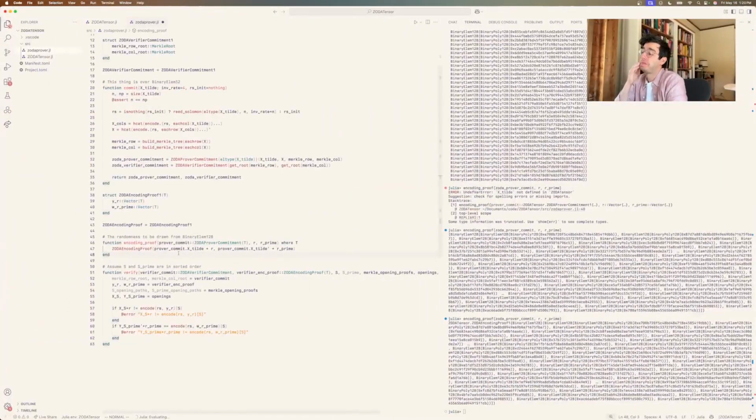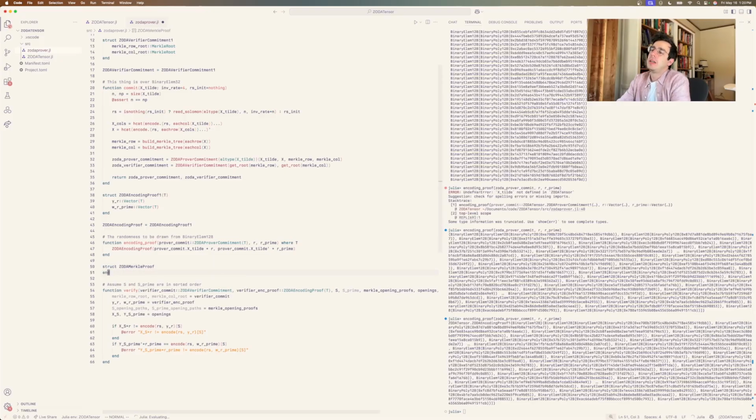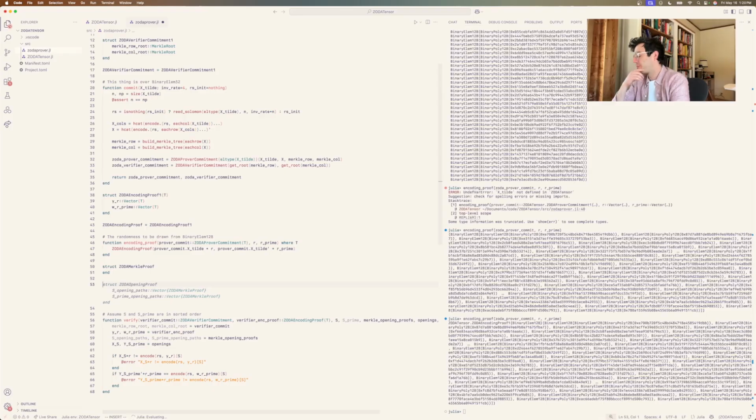So let's call this a ZODA Merkle proof. A ZODA Merkle proof will essentially have the queries that you used. It will also contain the opening paths